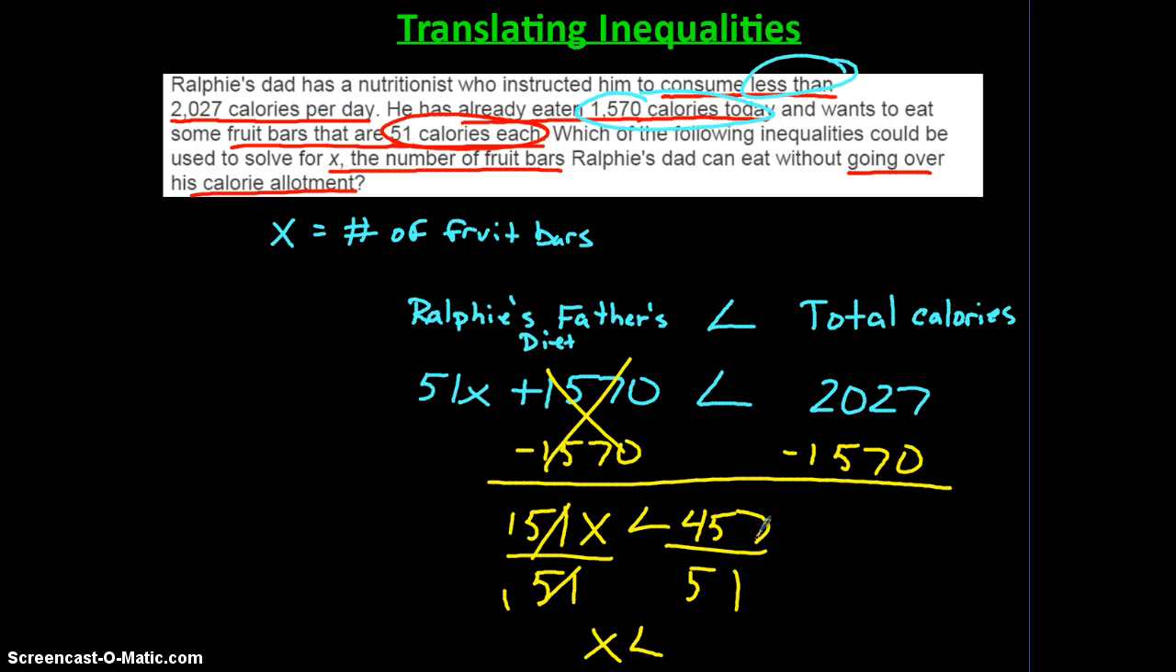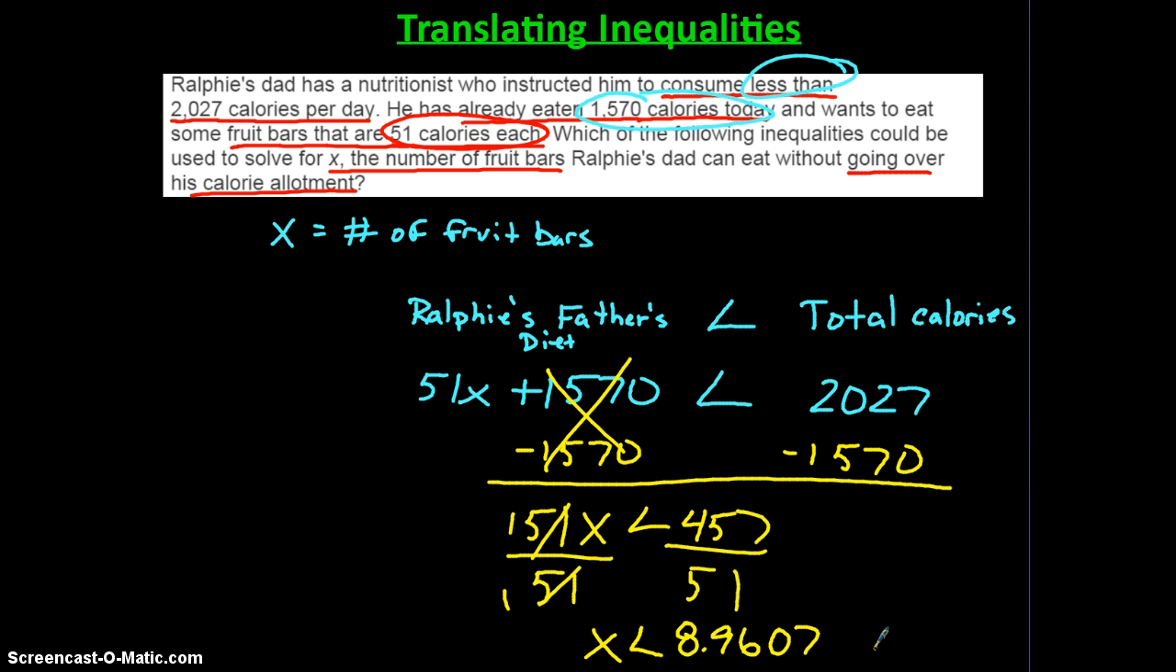And again, this is one of those calculator problems that I tell my kids, you guys can go through and use a calculator if you want. It becomes a mixed number, 8.9607, blah, blah, blah. Now that's our mathematical answer. So back to the question. How many fruit bars can Ralphie's father eat? This x represents the number of fruit bars that he can eat. Well, x is less than